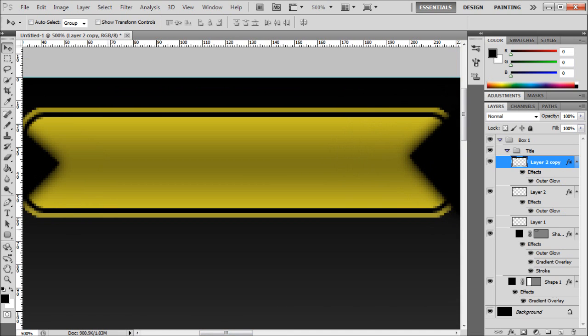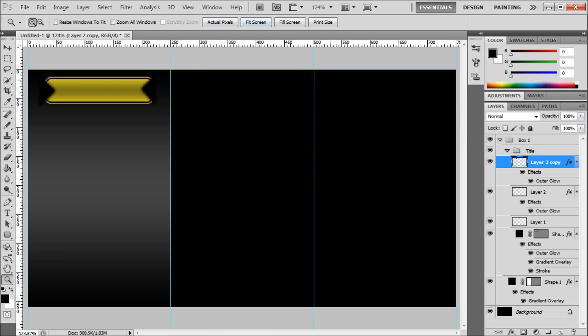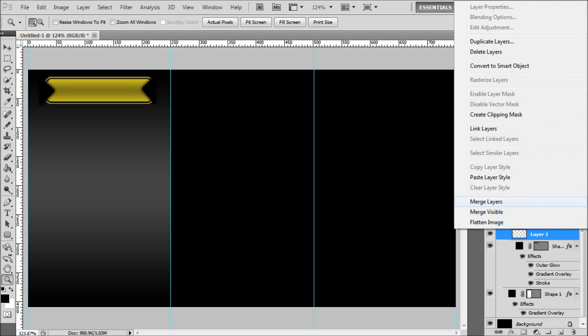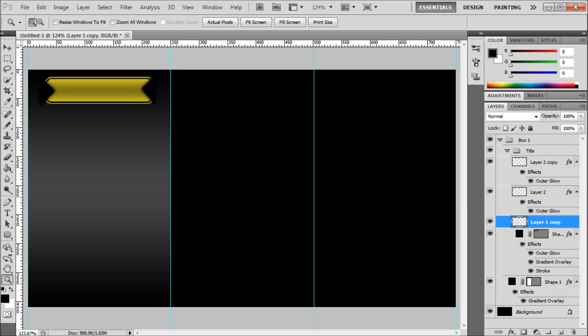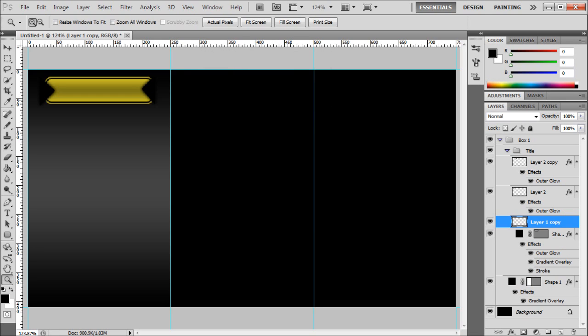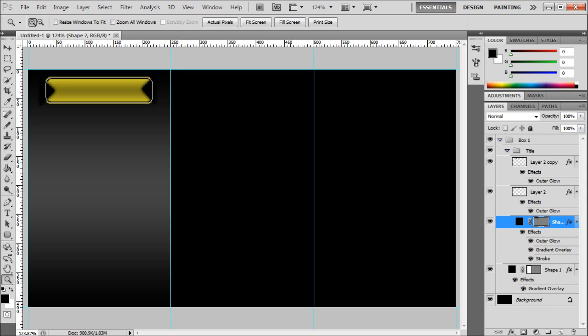Now that we've done that, we want to go ahead and zoom back out so we can go fit screen. And now we want to go here to layer 1, duplicate it, select layer 1 again with its copy, and then merge layers. That way we have the actual icon itself, and then we can control click it. Copied the wrong layer. So since we weren't actually using that one, alright, so here we go. Now we can